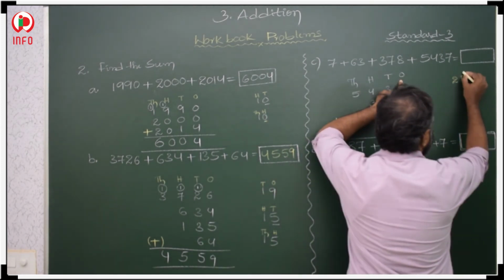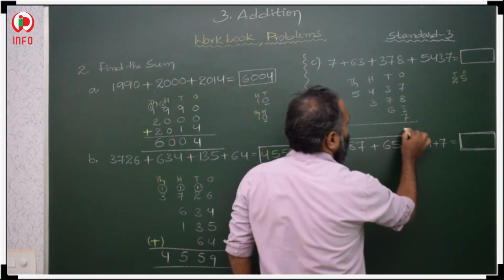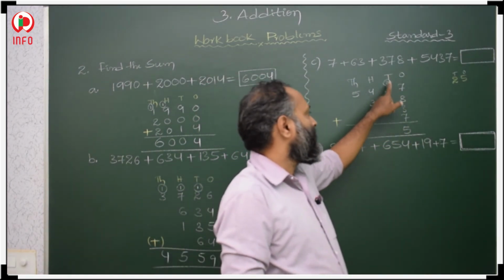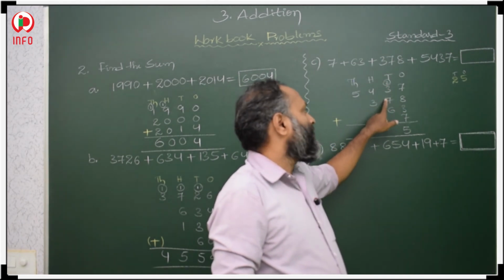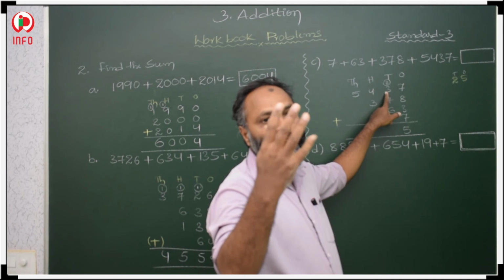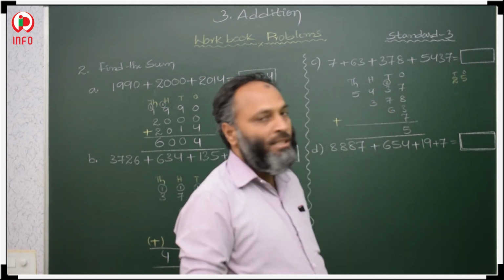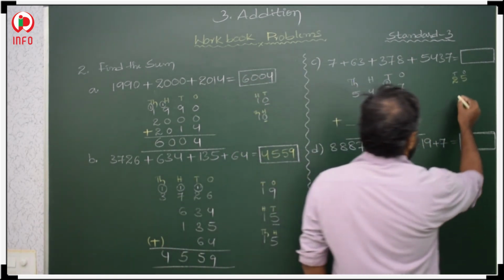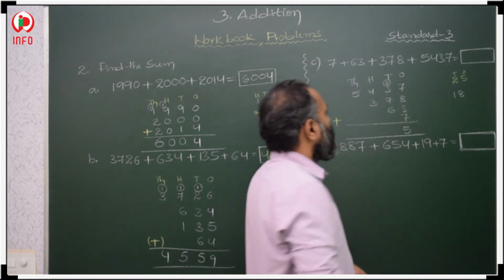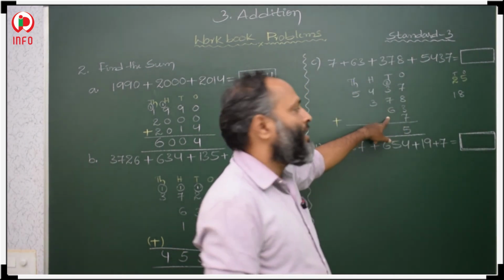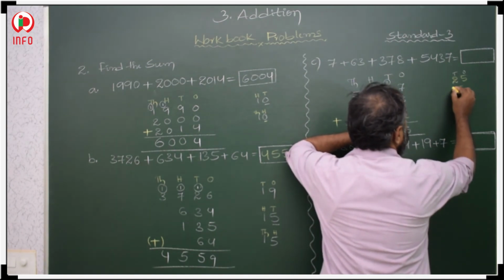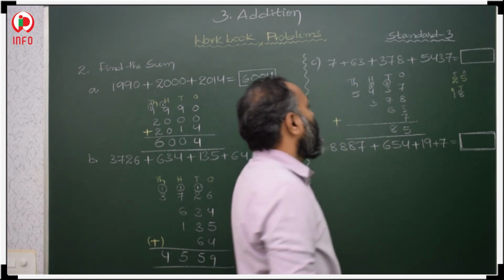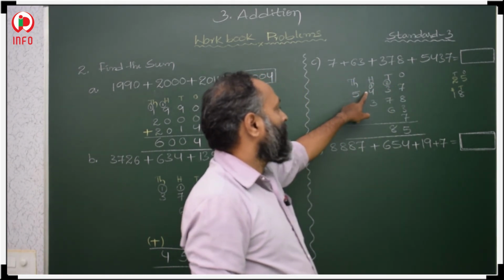So it means this is ones and this is tens. 5 is in ones place, 2 is in tens place. Now you add tens place. 3 plus 2, 5. 5 plus 10, 5, 6, 7, 8, 9, 10, 11, 12. 12 plus 6, 13, 14, 15, 16, 17, 18. How much? 18. So this is a tens column. So it means this is tens and this is hundreds. How many tens are there? 8 tens and 100.